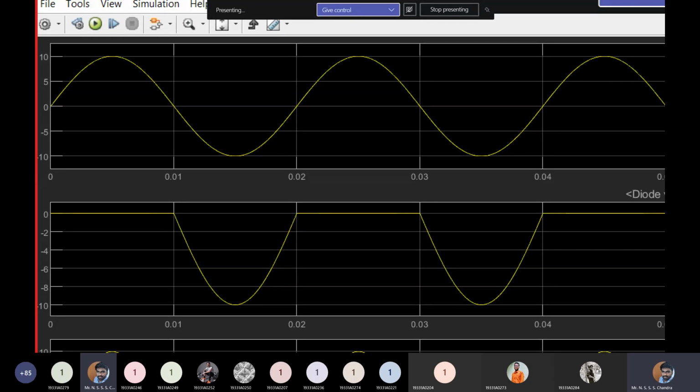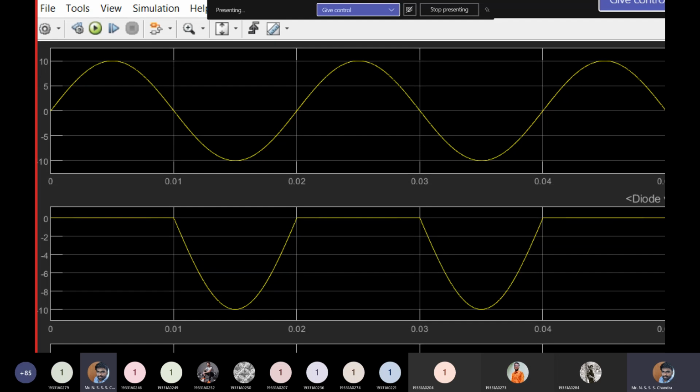So in the positive half cycle, you can see that the voltage across your diode is 0. You also know the equation that supply voltage Vs is equal to V1 plus V2. Here V1 is your voltage across the diode, V2 is the voltage across your load resistor. Vs is almost 10 volts, a sinusoidal curve in the positive half cycle. In the positive half cycle, your diode voltage V1 is equal to 0. So it means the voltage across the second element, which is your resistor, will be equal to the supply voltage Vs.